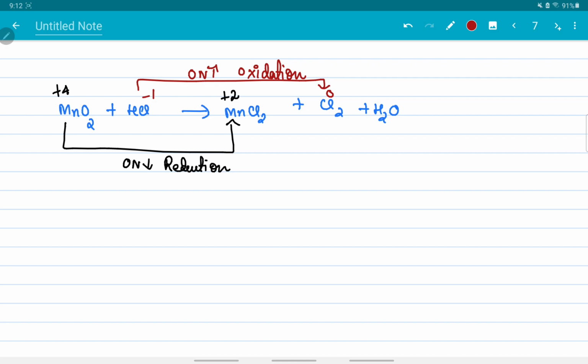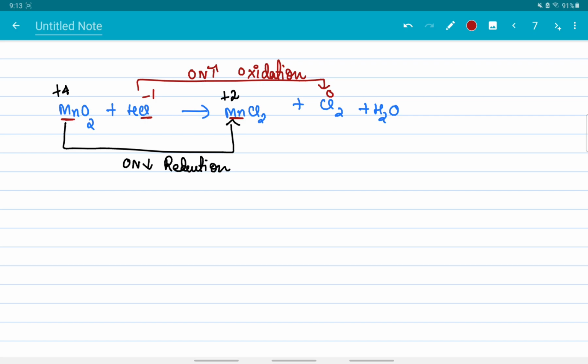Now the next step was to balance only those elements that were undergoing oxidation and reduction. In this case only manganese is undergoing reduction, and only chlorine over here is undergoing oxidation. First, if you check this manganese and this manganese, both of them have 1 manganese. Okay, fine, that is balanced. Don't think about the chlorine or the oxygen that is attached to those manganese. We are only talking about that specific element, manganese, which is getting reduced.